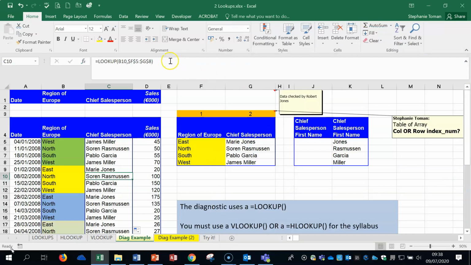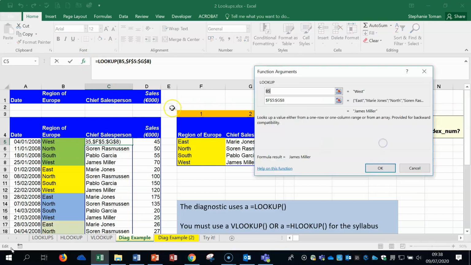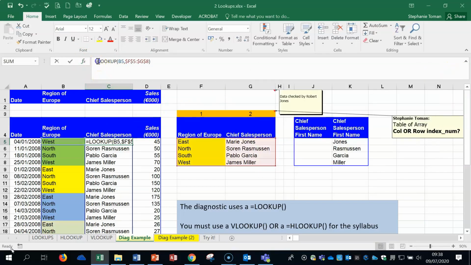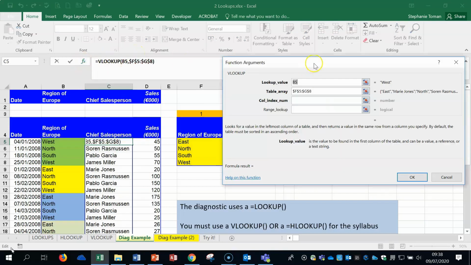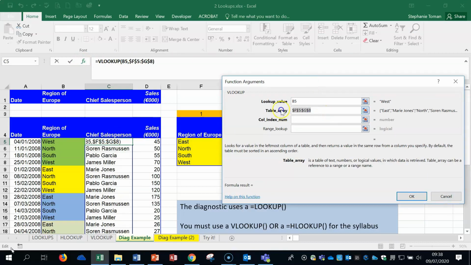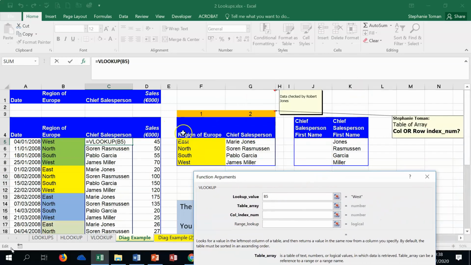So let's do it that way as well. So I'm going to take that back, escape, and I'm going to put the V in front of it first, otherwise it doesn't know what function we're doing. And go into the fx, now we can see what we've done. So I'd put in the first instance, so it's B5, which is this one here, West. The table array, I would pick up there,